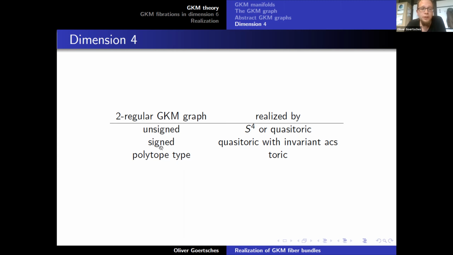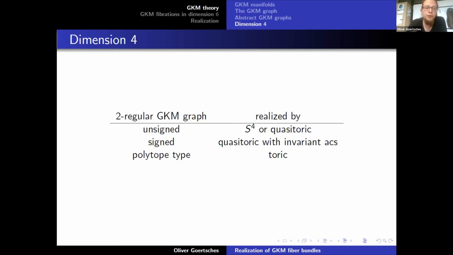Right? And then you have this intermediate case here, the signed setting. One can easily observe that to put a signed structure on this graph, to give the labels well-defined signs, is the same as just a reformulation of putting an omni-orientation on the quasitoric manifolds. And then there's a result by Kustarev which says that when you have a signed structure here, or when you have an omni-orientation, then you have an invariant almost complex structure.